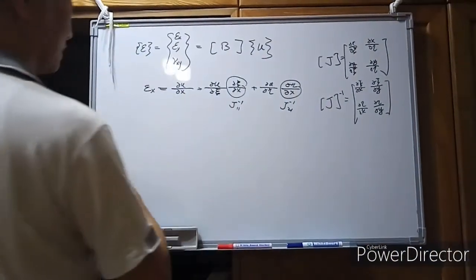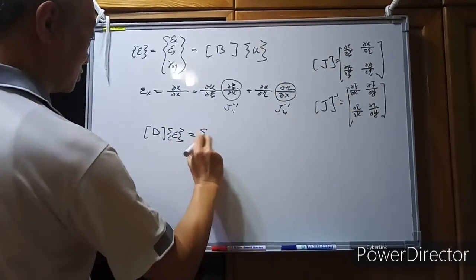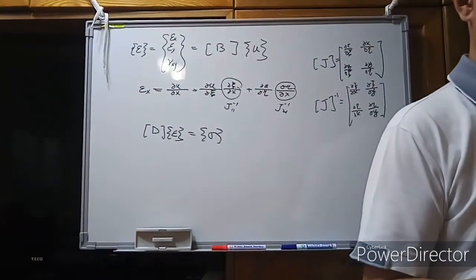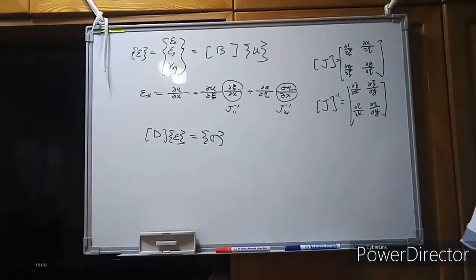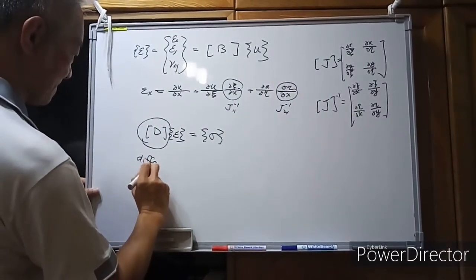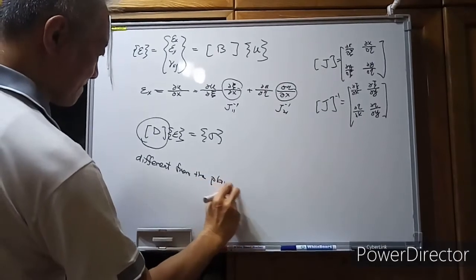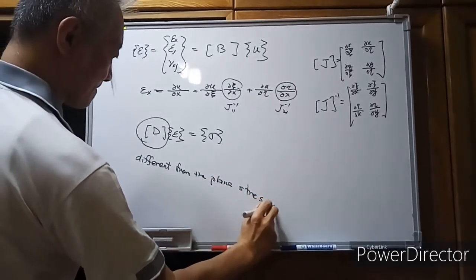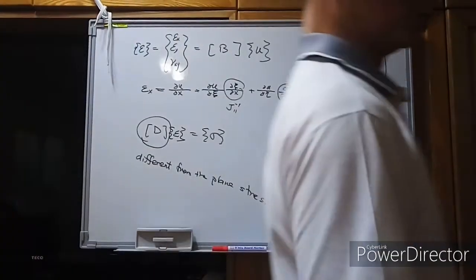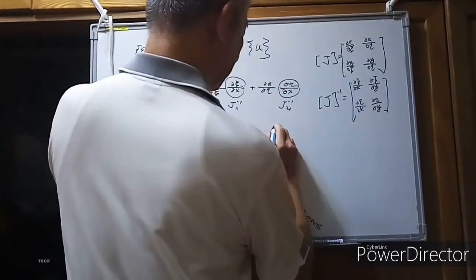And if we can calculate the B matrix, then we need to calculate D times epsilon, which is equal to sigma. But the D matrix for the plane strain problem is different from the D matrix in the plane stress problem. Since for the epsilon x,